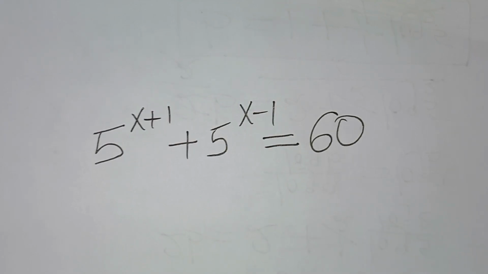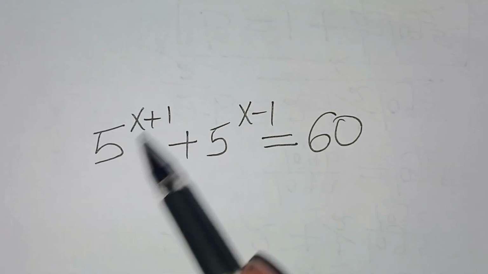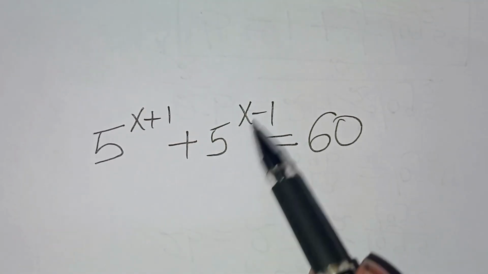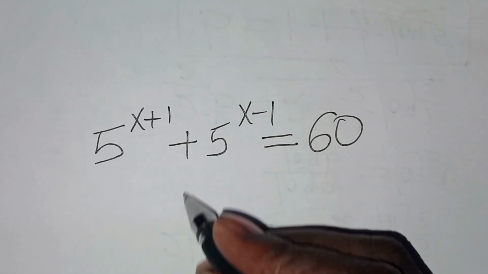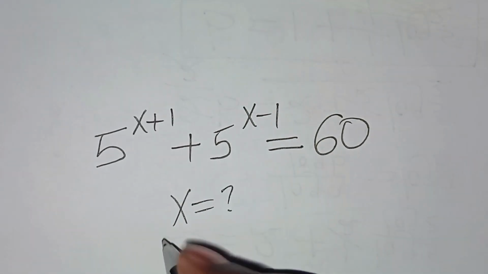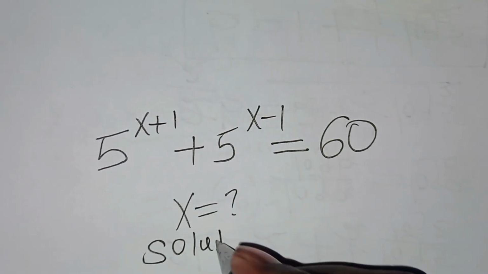You are welcome to solve this nice exponential equation, which is 5 to the power x plus 1 plus 5 to the power x minus 1. This is equal to 60. So what is the value of x? Now, solution from here,